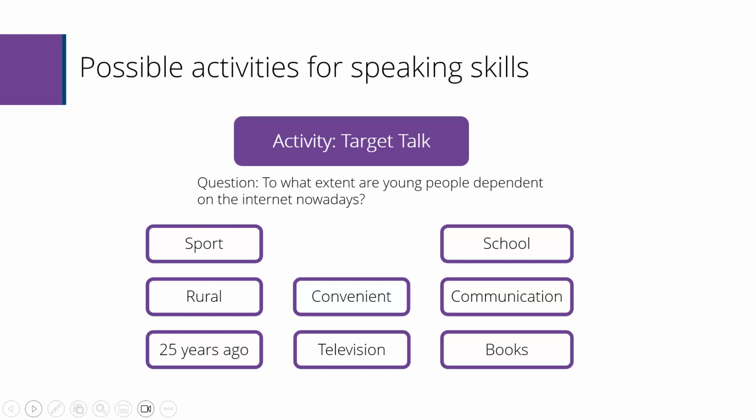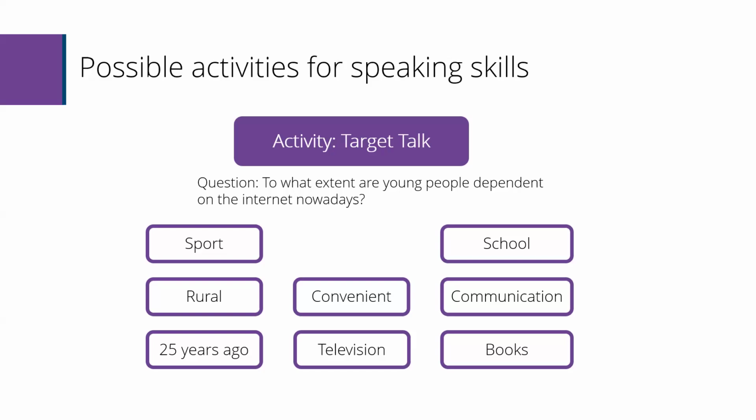So there's our question. And actually, we've given those little words in some boxes, and we can then say, well, I want you to talk about that, but we're going to try and refer to at least four of those elements, for example. So you might say, well, the internet's really important in school and education.